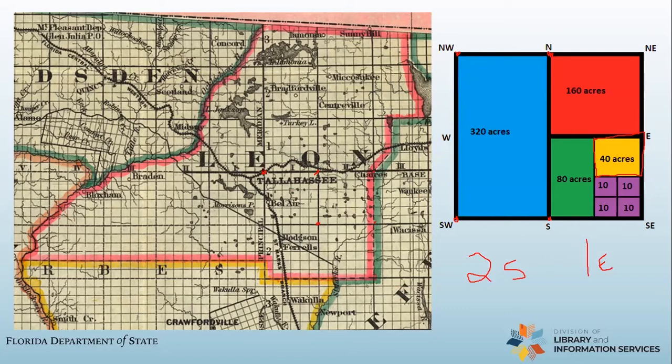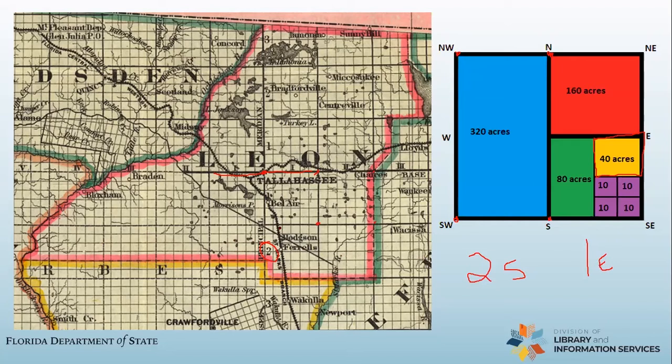So if township is a measure of how far south or north you are from the baseline in the public land survey system, okay, that means that I am going to go 2 tiers south of the point of beginning. This is the baseline right here. And so if I'm looking at a piece of land in township 2 south, range 1 east, then I'm going to go down 2 townships from the point of beginning. See the 2 right here? Okay, so now I know that I'm dealing with something that is in township 2 tiers south of the point of beginning. All right, and this piece of land that I'm talking about is in range 1 east.